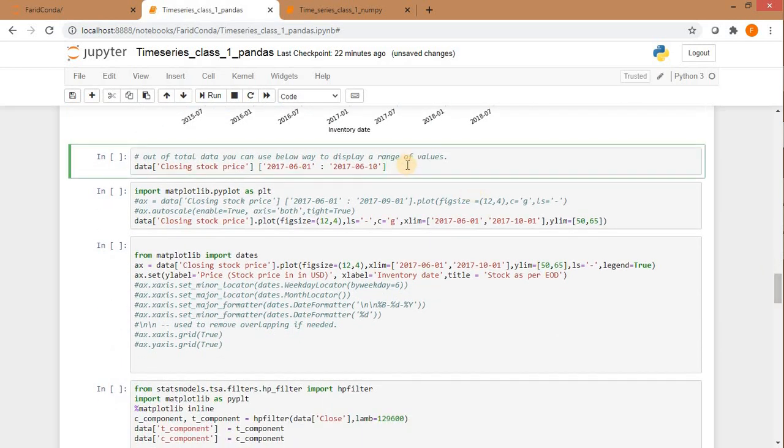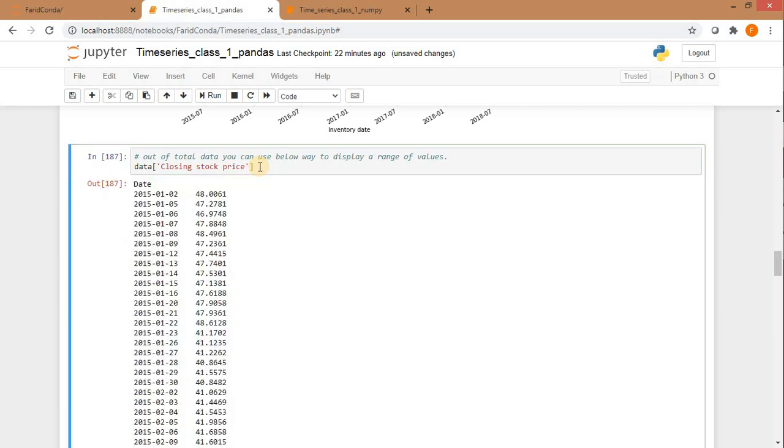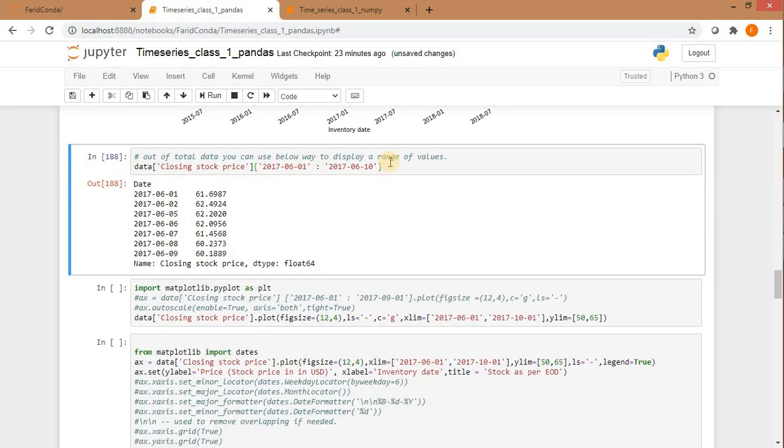Now there is a function to zoom into the data in pandas. This shows a part of your pandas table. I want to see the closing stock price from my table, only for these particular days. It means zooming into a part of the data. I can code it this way. I need the square brackets, and I need to specify the lower limit and the upper limit of the date, and it will show data related to this particular period.